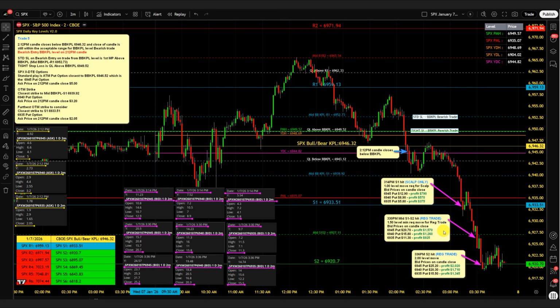Mid S1, S2 hit. 1.5 level minimum required move for regular trade. Here are the data boxes for that. 69.45, $20.70 bid on the close. Profit $1,570 per option, 69.40, $15.80. Profit $1,260 per option,